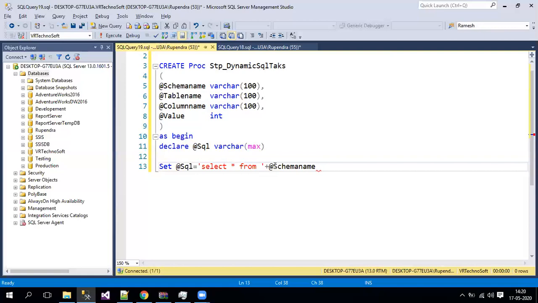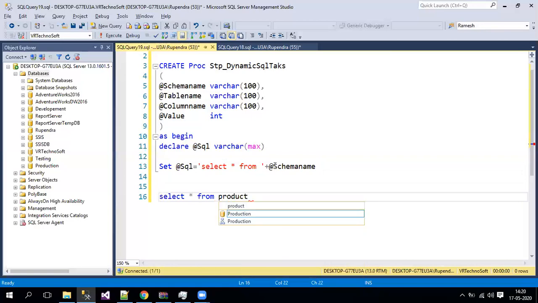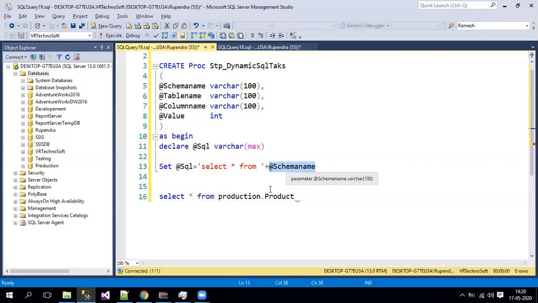Now generally your query will flow like this: select star from your schema name, so production dot, let's say product. So let me keep it like this: production dot product. If you see, the schema name comes under this particular variable, and between the schema name and table name there is a dot.